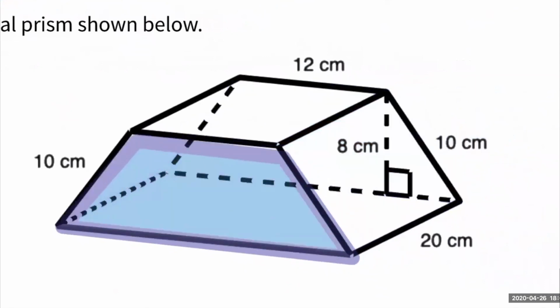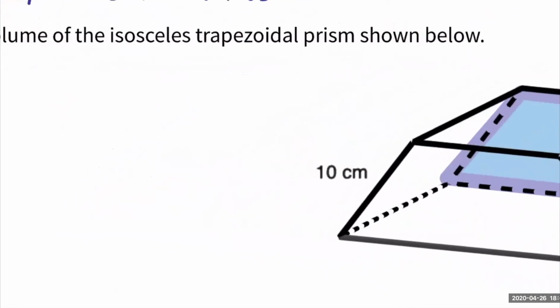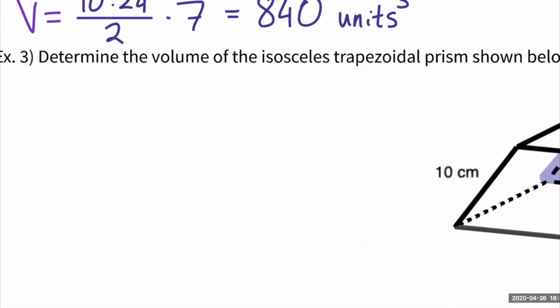And you do have options. You could pick this trapezoid here, you could pick this trapezoid back there, kind of your call. Again, they're congruent, so it doesn't really matter in terms of finding area. But we do need to find the area of this trapezoid so that we can do area of base times height. So let's recall off of our formula sheet that the area of the base, which in this case